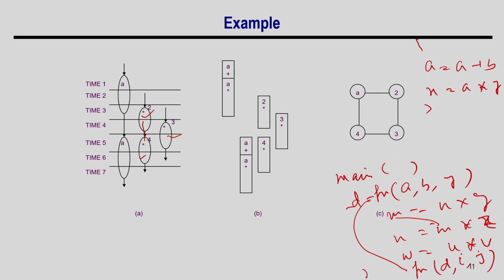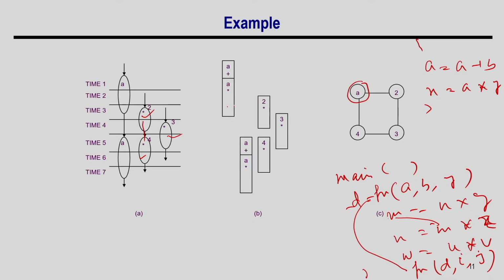Now, if you try to construct the complete graph, there are 2 calls to this function, so there are 2 intervals, but in the graph I will have a single node corresponding to the function. Why? Because I want to create a single copy of the function. If I keep multiple copies, there is no point of having a function call. So my objective is to keep one copy in the node. Now, there is overlapping from A to 2, so there is an edge here, 2 to 3 there is an edge, 3 to 4 there is an edge, and 4 to A.